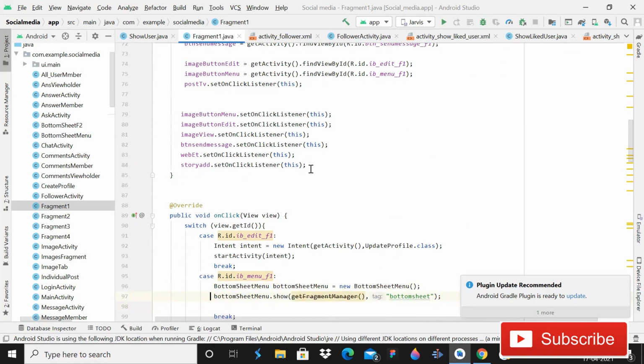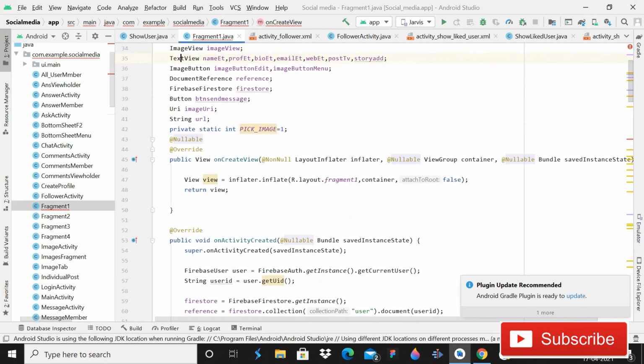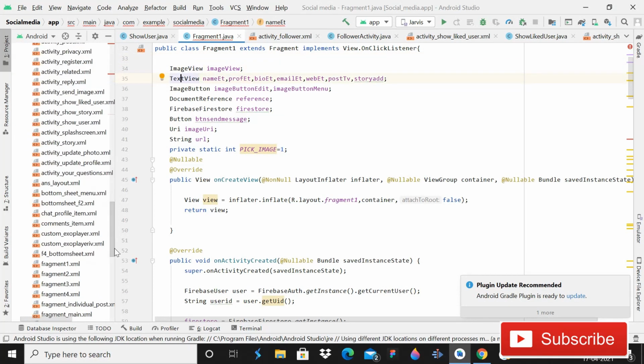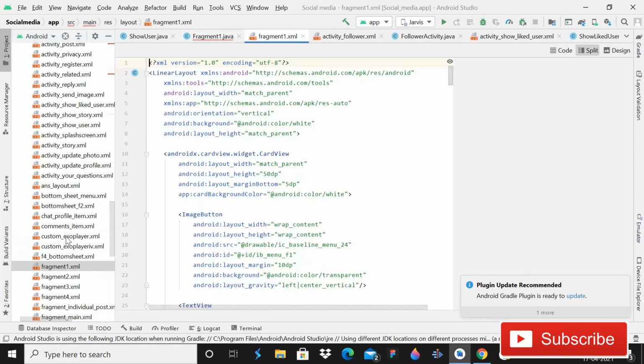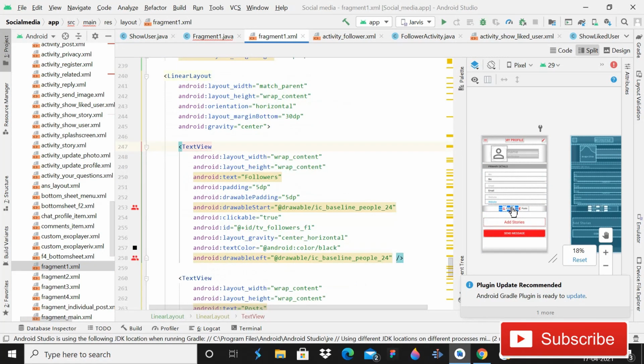Now just press Control plus D, and here you have to write is followers tv. What is the reference of the follower tv? It is a text view. We have the number of followers in this fragment 1, so what is the reference of this followers text view?